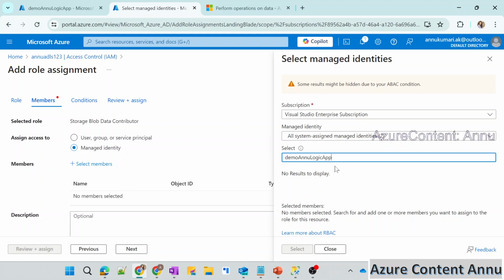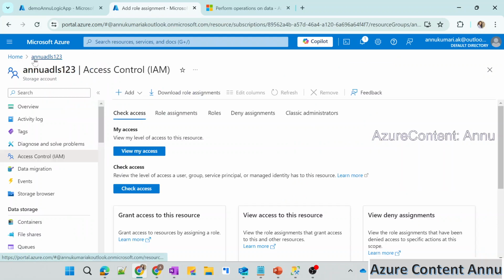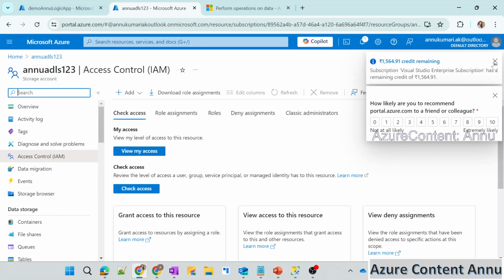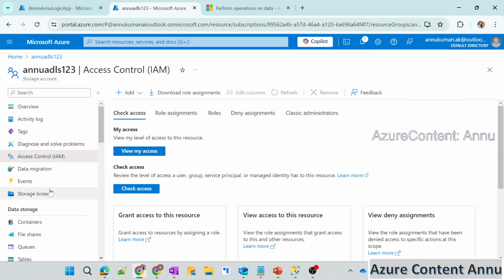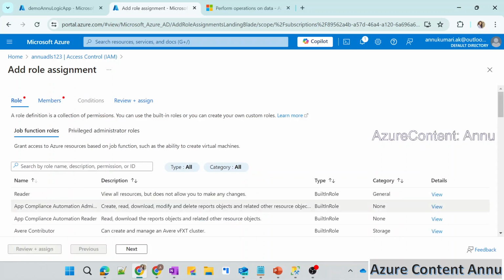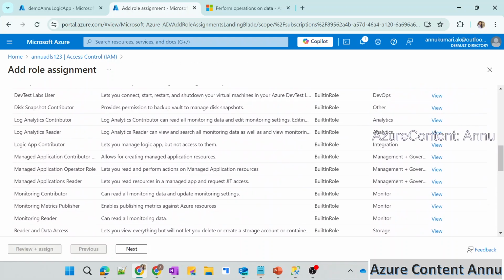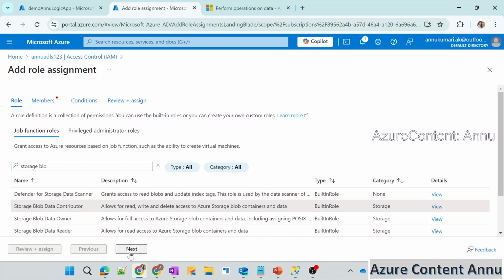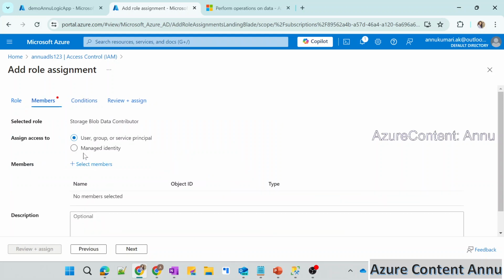So you can see it is not appearing. Let me go here and try to refresh, because we just created the managed identity, so it might not have been there before the page was refreshed. Let's search again for the storage blob data contributor role, and let's select the